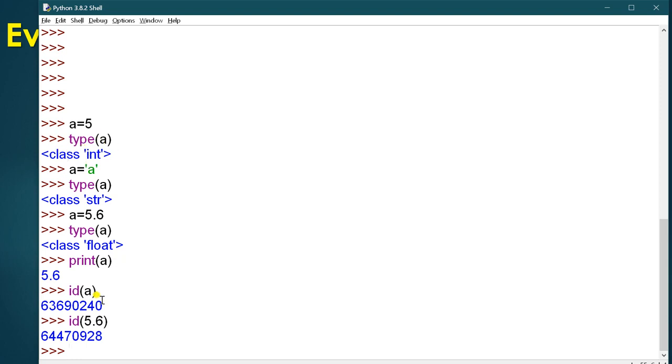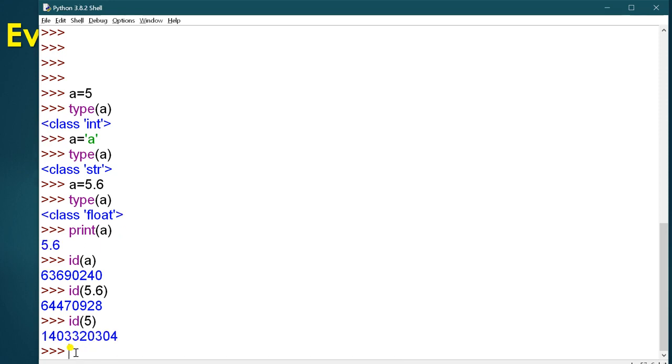Now again it has changed. This float variable contains a different value and this A contains a different value. So again I just want to check the ID of 5 now, and it will give you this.